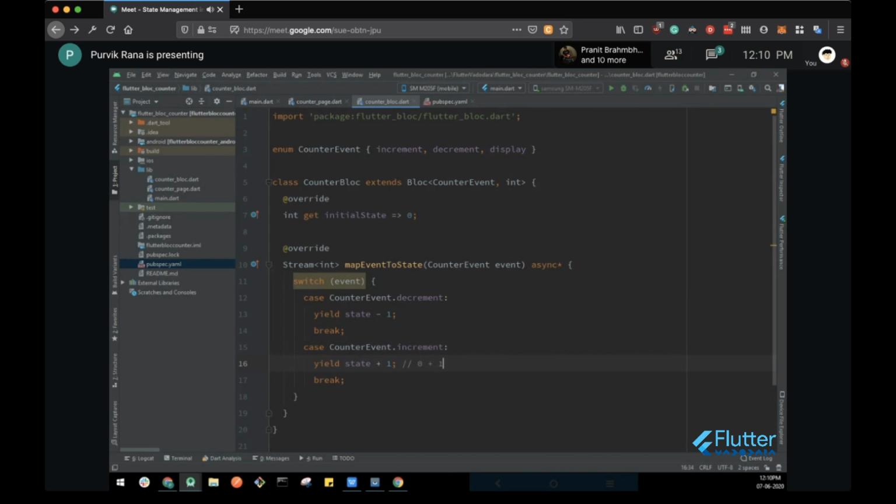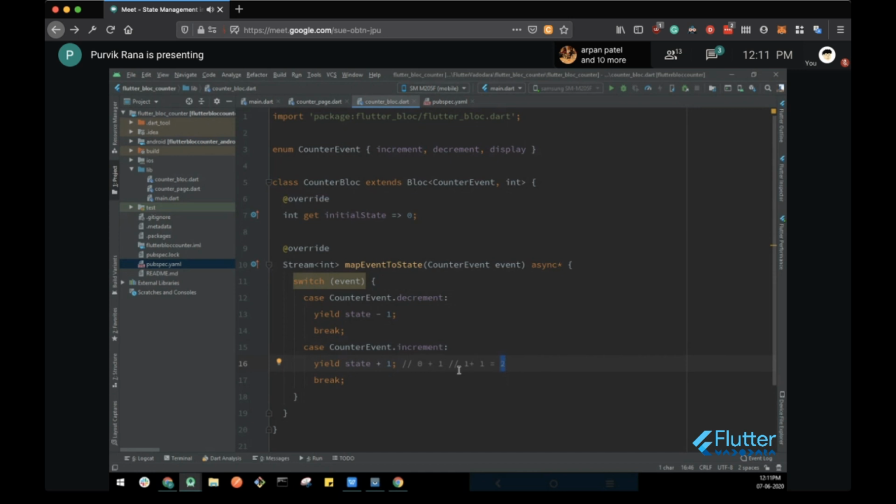Now the next increment event comes, so you will have the value equal to one for the current state. You will perform one plus one, and it will yield the value two from this method. It is a stream of integers, so it will yield the next state containing the value two, and this value will be represented to the UI using the block builder.